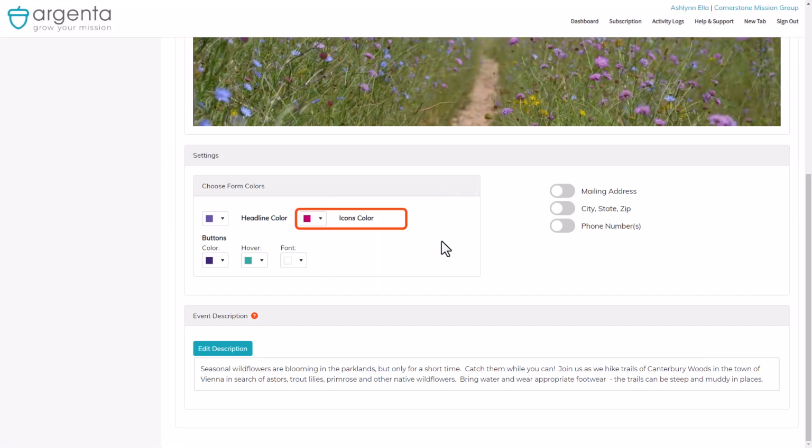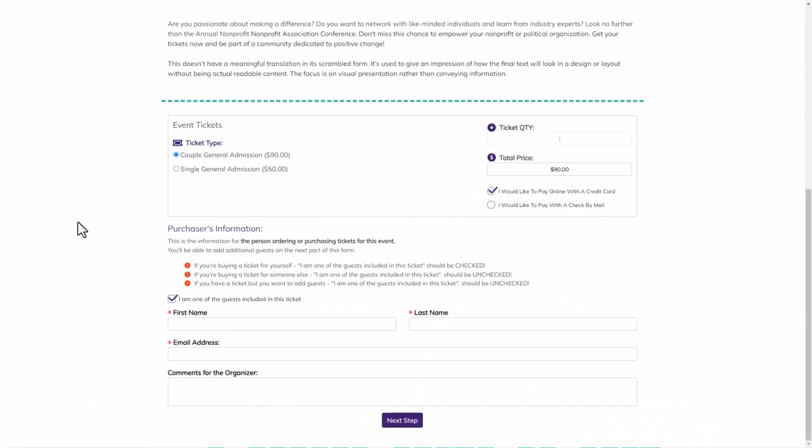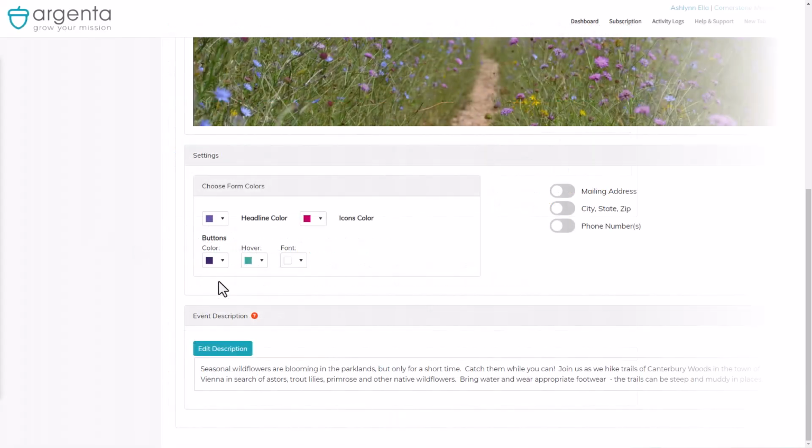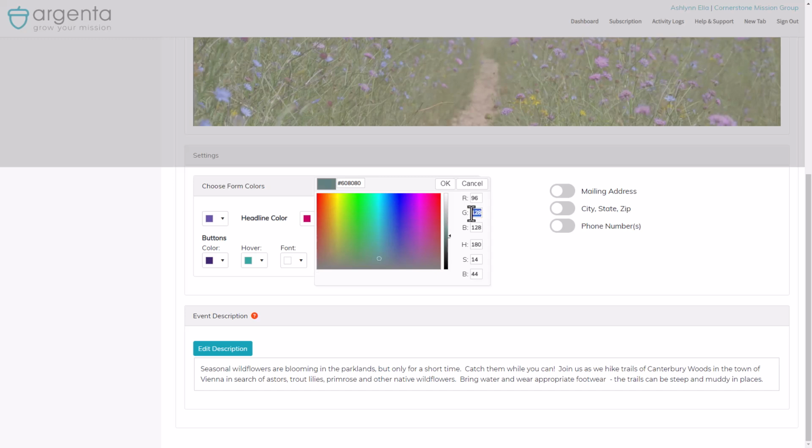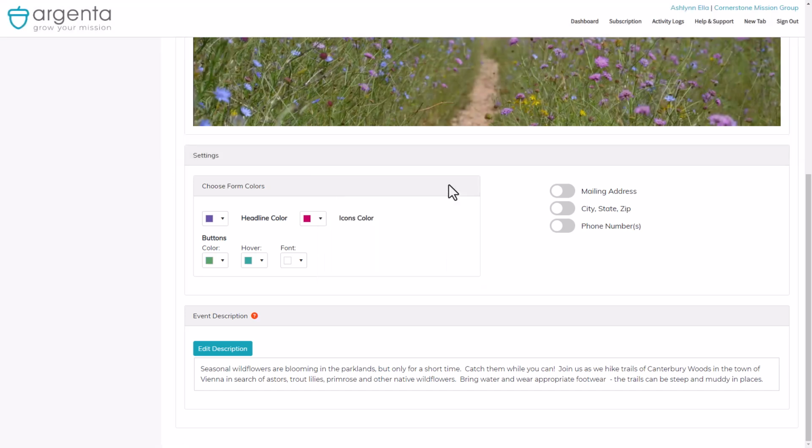the icon color control. If you're selling tickets to your event, there are some helpful icons scattered on the form, and this is where you choose what color they should be. Back over to our form design page here. If you want to use RGB values, you would enter them here. Click outside of the fields to view the color top right, then click OK again to see the color selected